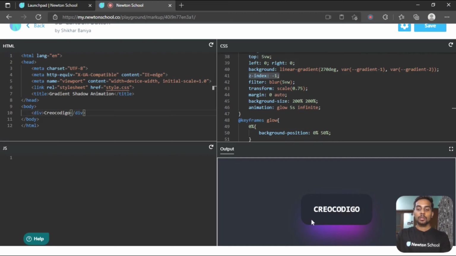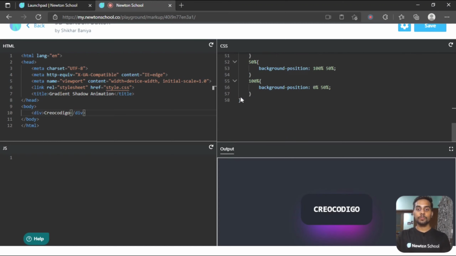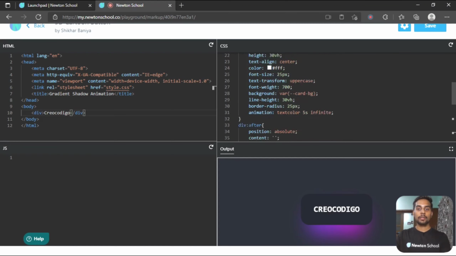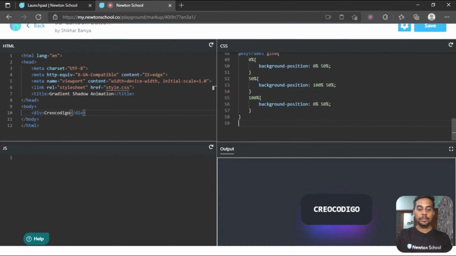All right, now like the background is changing, I want the color of this text to change. For that we have specified an animation text color on our div. So let's target that with @keyframes. The animation name is text color.